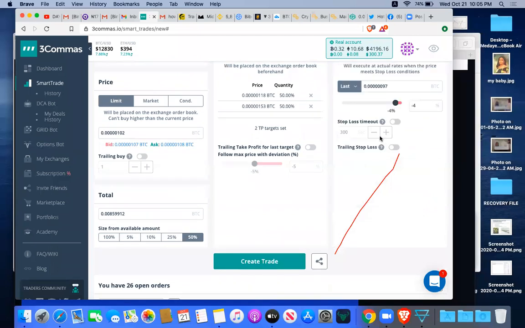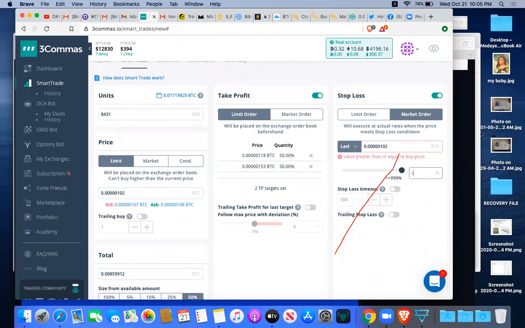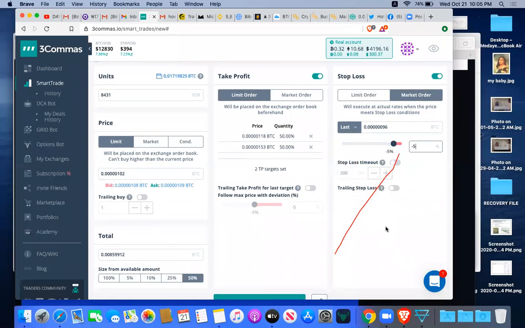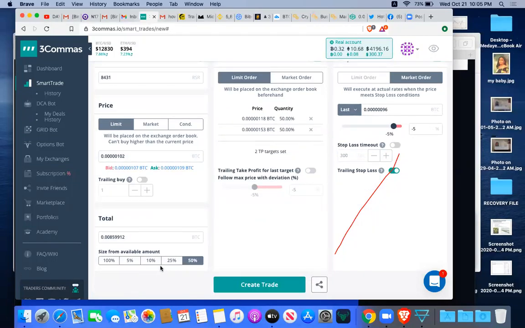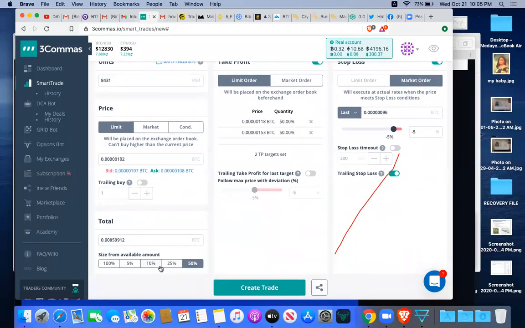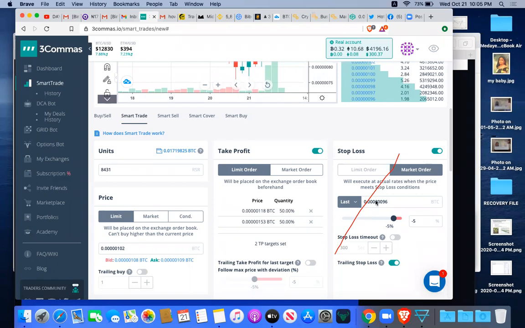Next, stop loss. Now, in the stop loss too, you can say, okay, maybe 5%. If it dropped by 5%, so now it's 96 Satoshi. Now, here too, you can use trailing. So if I use trailing, look at what's going to happen. If I use trailing for my stop loss, every 5% of a new all-time high is when it will adjust my stop loss. Like now, your stop loss is at this because of your entry price. Entry price of how much? Entry price of 105. Okay?